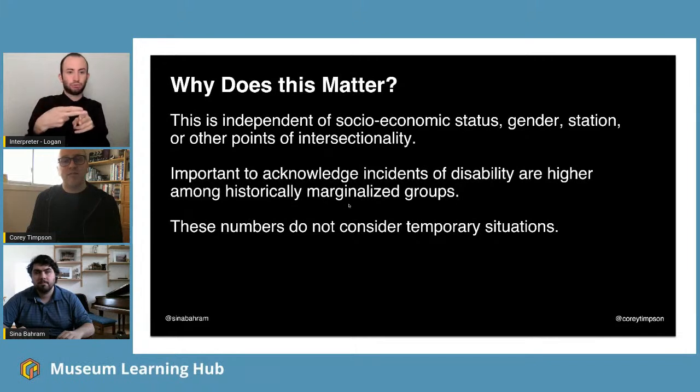The student who arrives on site for a programming activity and broke their ankle playing soccer the night before. I'm wearing glasses. What happens when I don't have my glasses and I forget them? There's a number of temporary situations that can be accommodated as well. So rather than get too detailed and in the weeds and breaking things down into demographics, let's just consider that there's an innumerable amount of reasons why we want to be inclusive and accessible. So now we'll really jump into things.